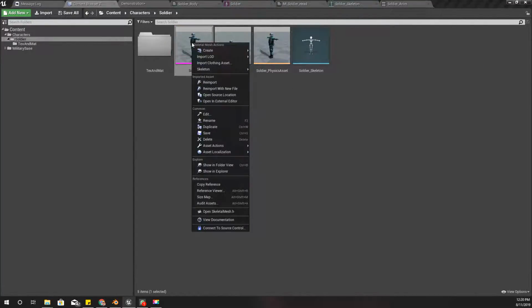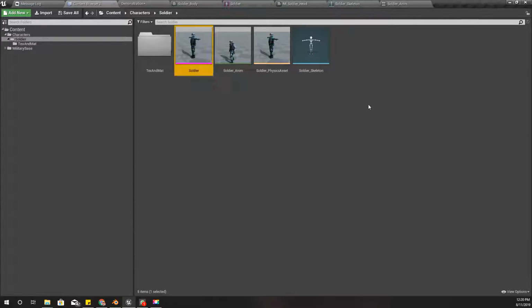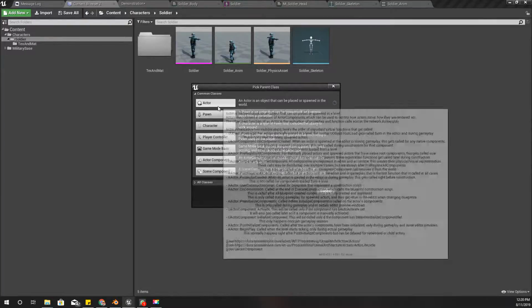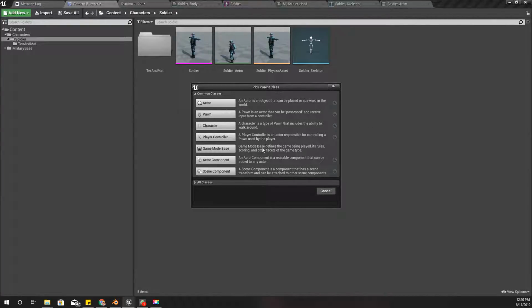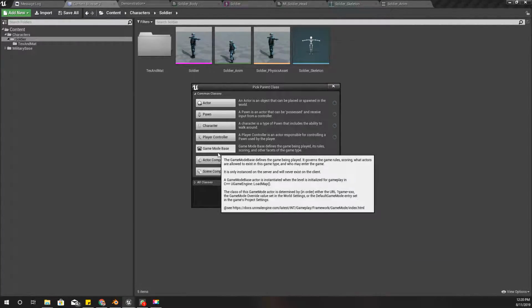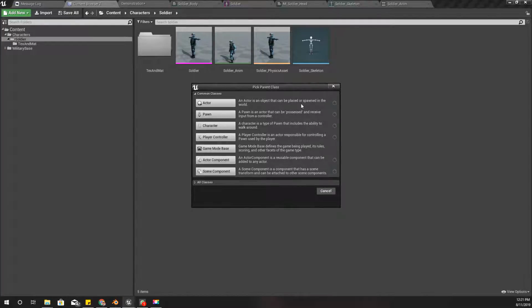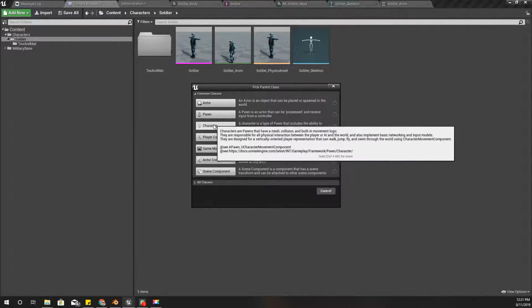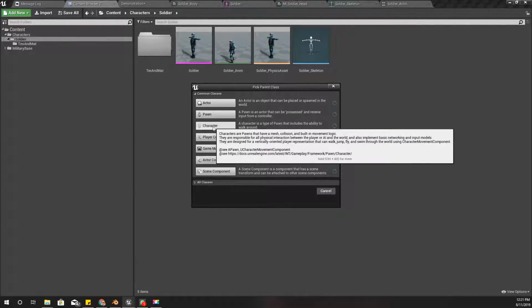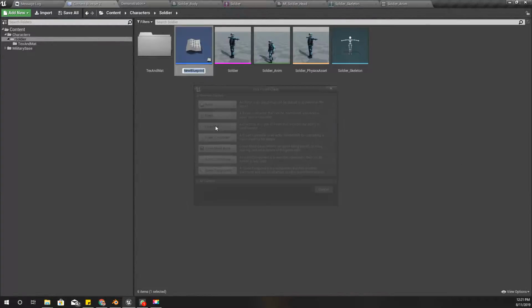Right, now first thing, to create a character, right click, blueprint class, select character. So yeah, basically these are the common blueprint types that you can see in Unreal. So you can see a brief description about each type here. Since I'm going to create a character, and a character is something that can move around and do some stuff in the game world, I'm going to select character